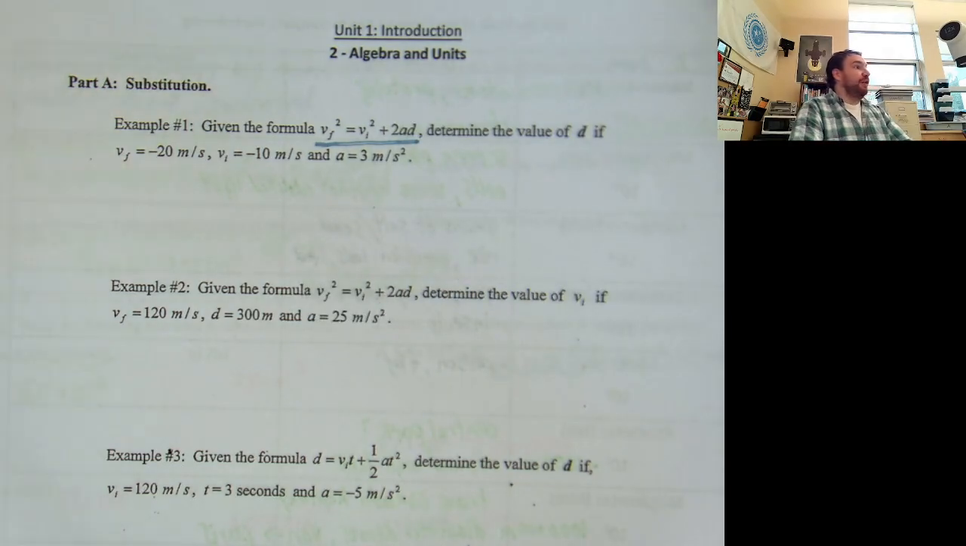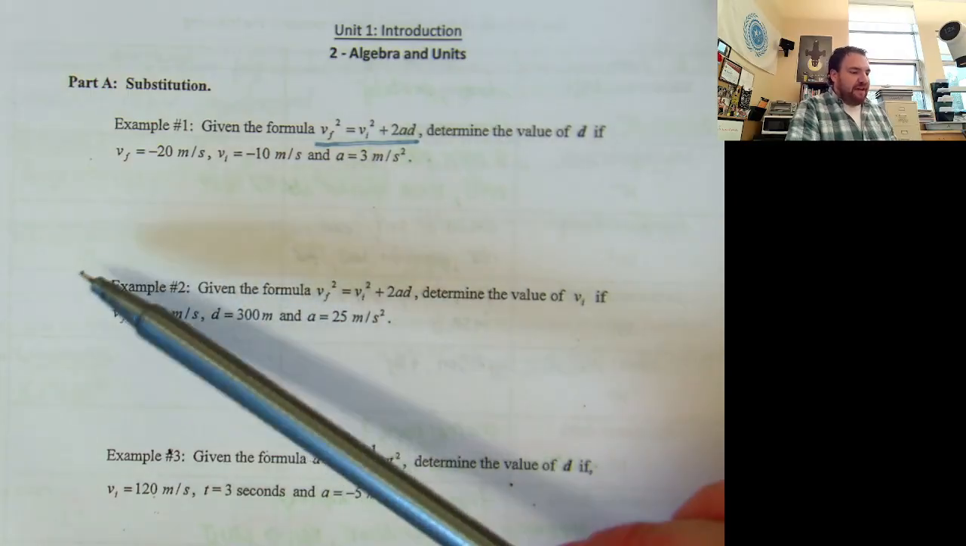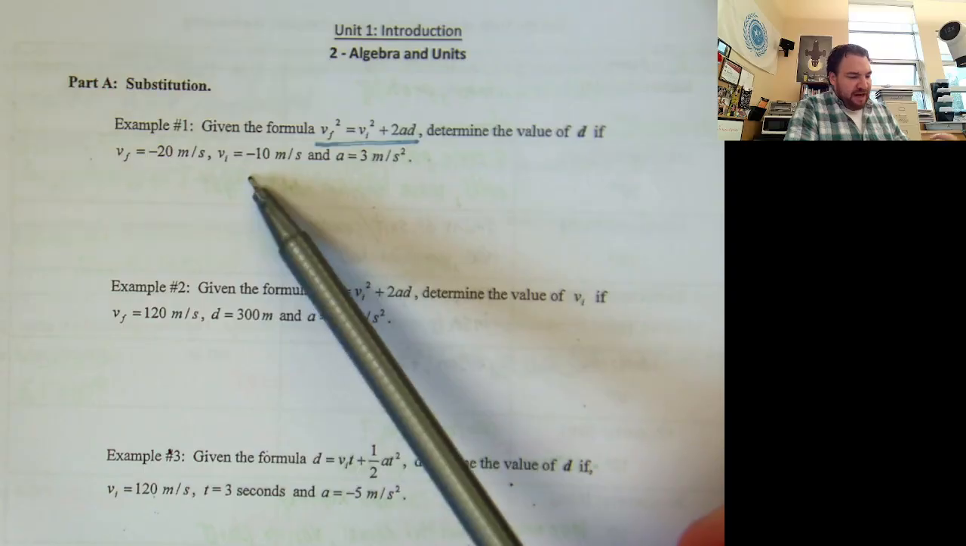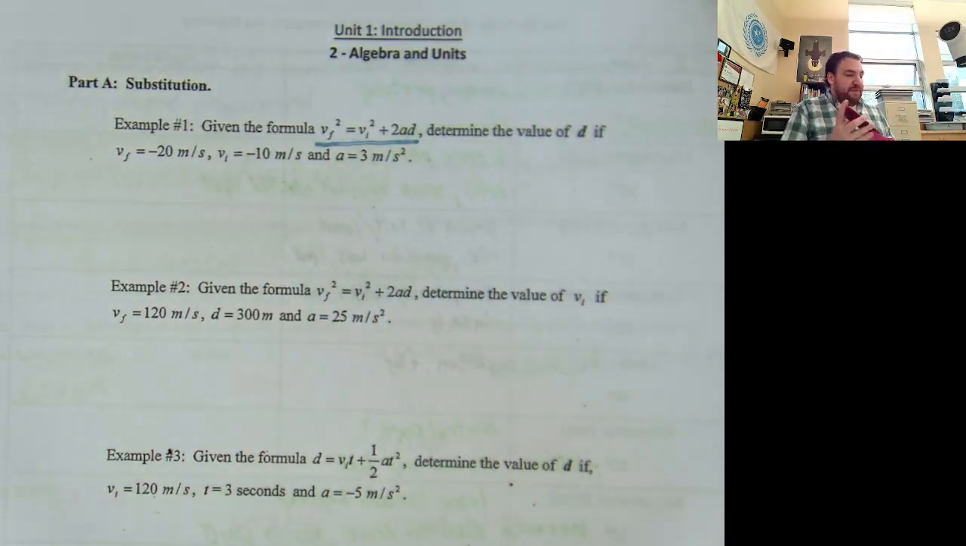Yeah, it's the same booklet you already have. We want to determine the value of D if we have been given a particular set of values. VF is negative 20, VI is negative 10, and A is 3. So I want you to have your calculators out. I want us to be comfortable with how these things roll, and I want to make sure you're punching things